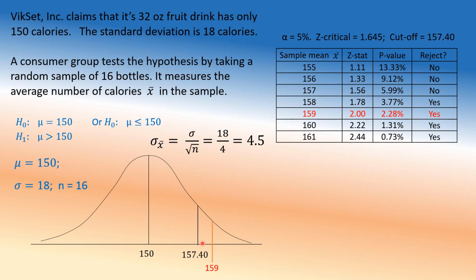And what's the p-value? The p-value will be to the left of the line. That's the p-value. Now look at the red line. 159 right here, 2.28%. So what's 2? 2 is the z-score, that means the z-score from there to there. That's 159 minus 150 divided by 4.5, which is a z-score of 2. 2.28% is the probability of finding 159 or more. That will be right here. So that's the p-value. Alpha is 5% from there to there.